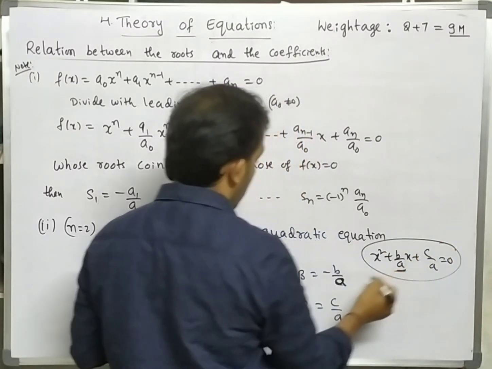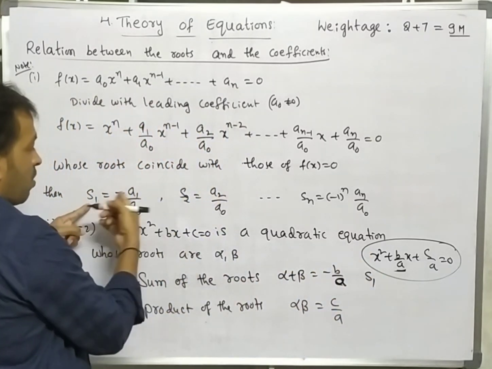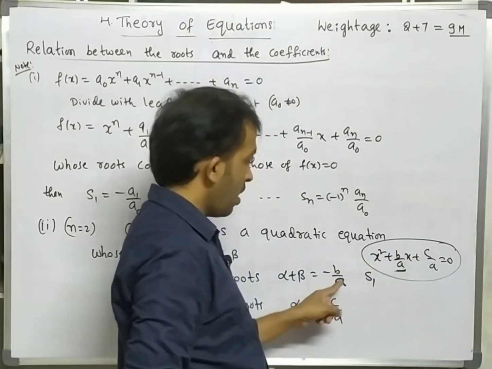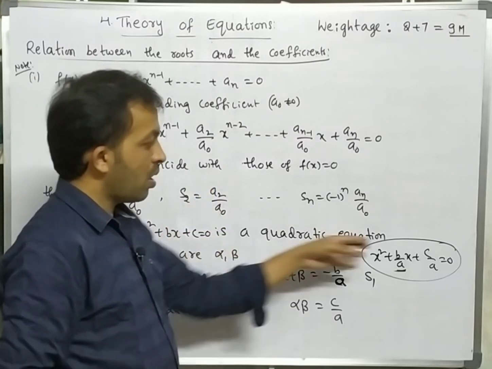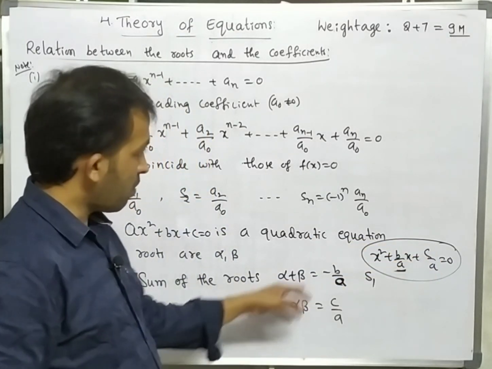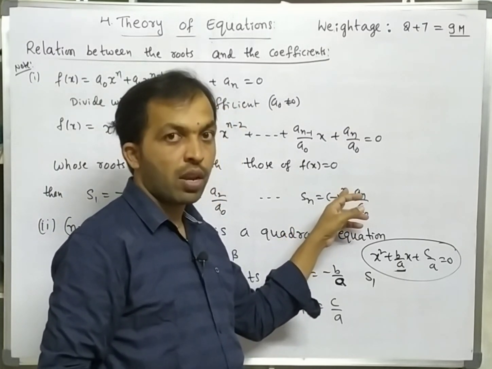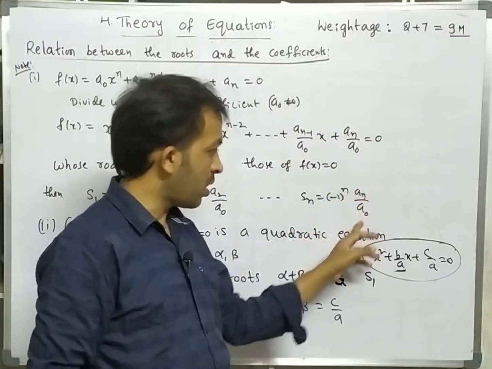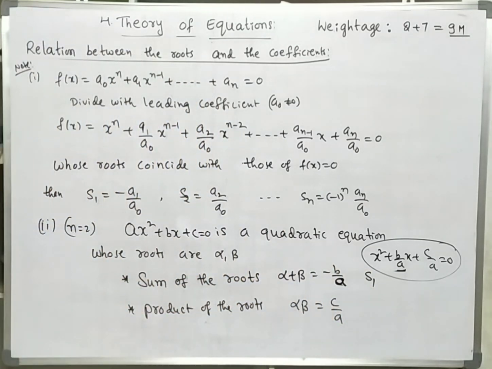So in this one sum of the roots is nothing but s1. s1 is equal to what? Minus a1 by a naught, this is minus x coefficient, minus b by a, and s2, product of the roots, s2 is nothing but this one, c by a. Okay, product of the roots, actually this one, minus 1 power n, n value 2, minus 1 square, plus, that is c by a. Okay, remember these formulas.